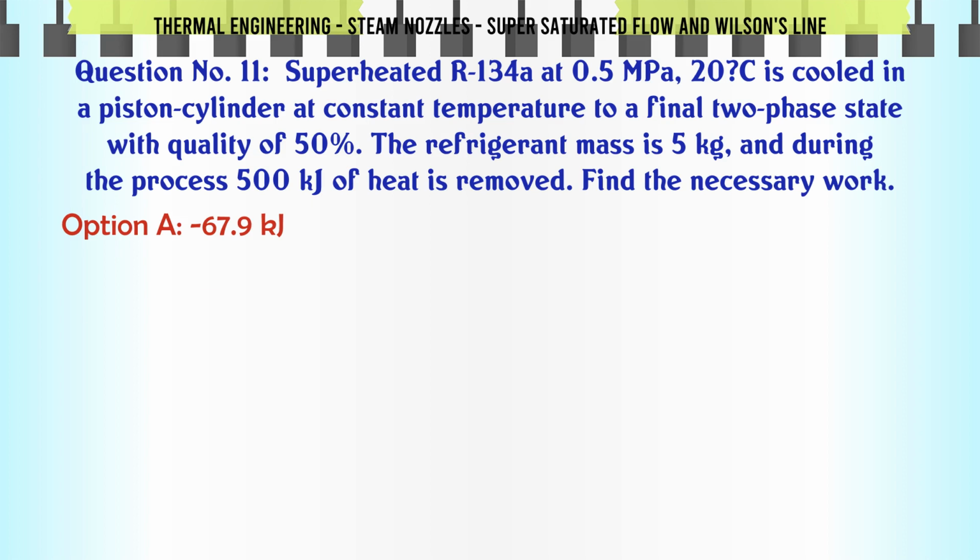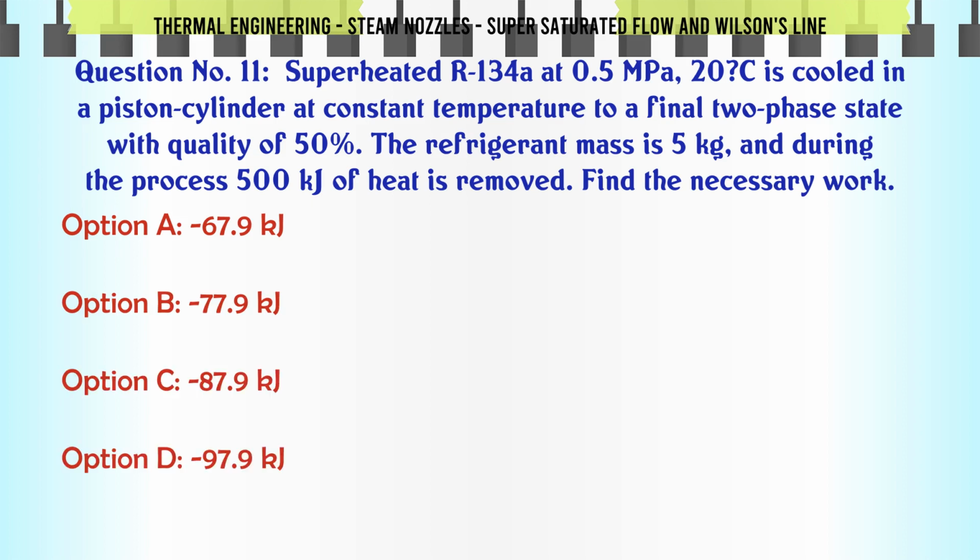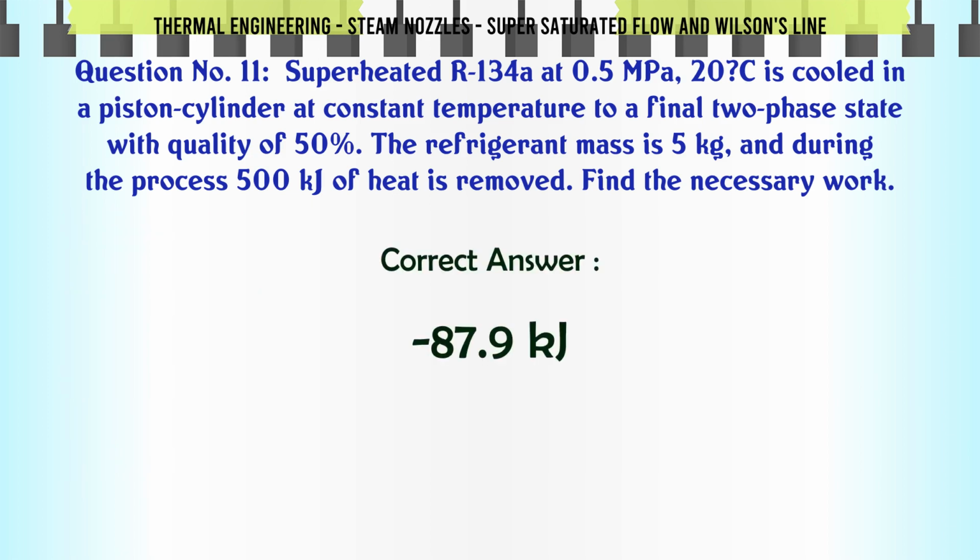Superheated R-134a at 0.5 MPa, 20 C is cooled in a piston cylinder at constant temperature to a final two-phase state with quality of 50%. The refrigerant mass is 5 kg and during the process 500 kJ of heat is removed. Find the necessary work. A: 67.9 kJ, B: 77.9 kJ, C: 87.9 kJ, D: 97.9 kJ. The correct answer is